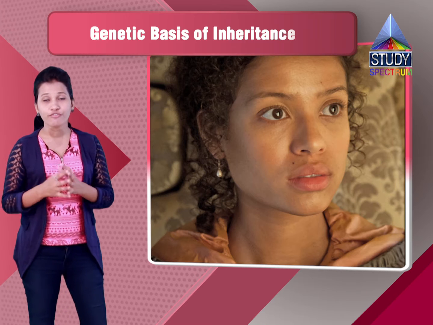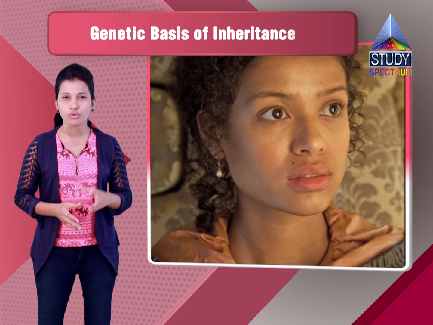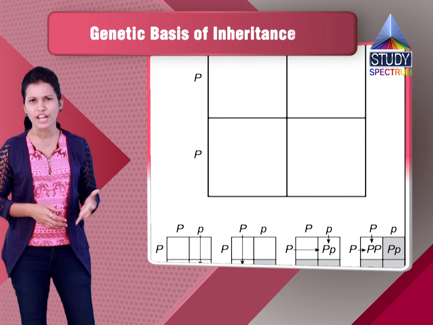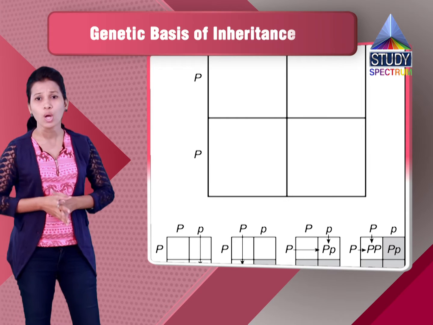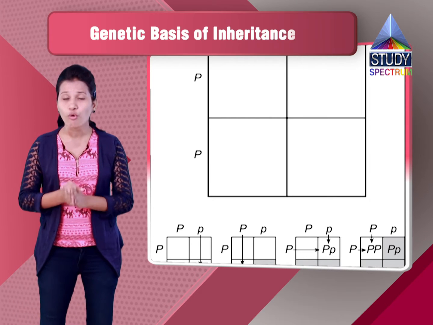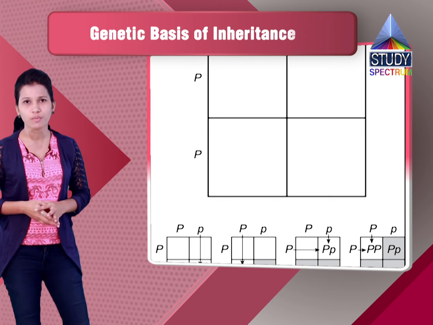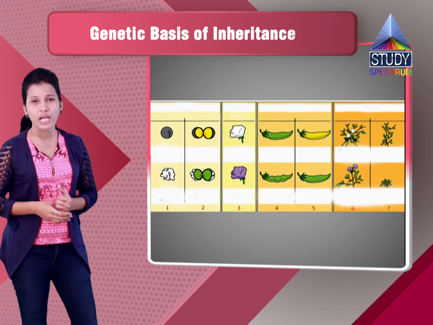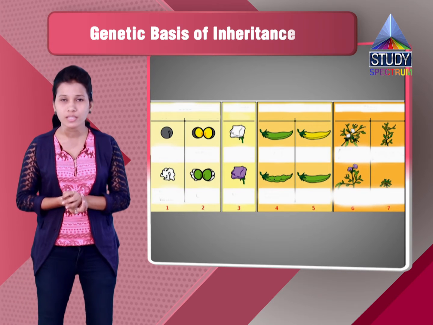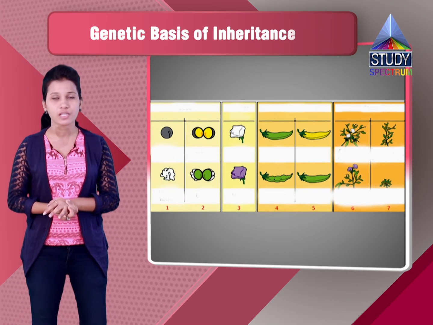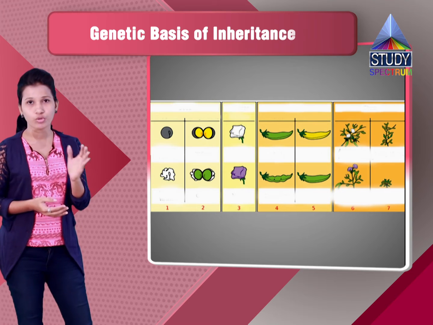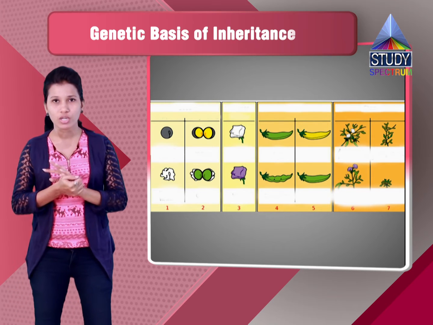And hence, if we see the phenotypic ratio according to the Punnett square in the F2 generation, we can get around 64 different types of combinations, and 7 different types of phenotypes, and these 7 different types of phenotypes will be distributed as per the ratio. I will tell you the ratio first.